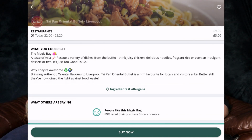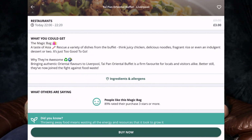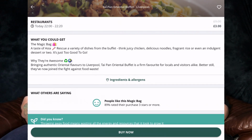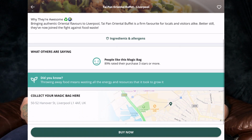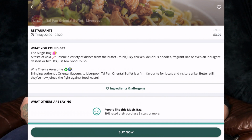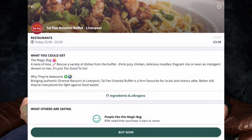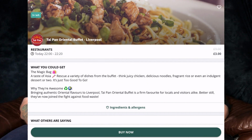You can see here it shows you the magic bag is what it calls it. You'll find when you're using the app, I think that's like a default option for when the restaurants are setting up themselves with the app. I think most things on here are called magic bags, and the idea is you can't pick what you get because it's just random. It's whatever they've got left. At the buffets though,